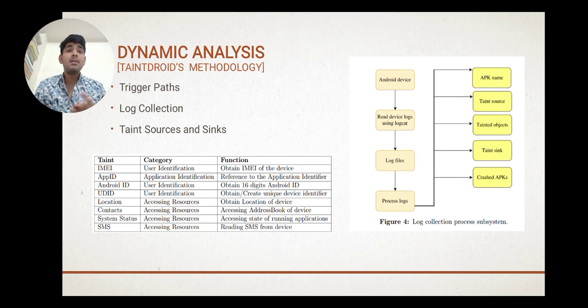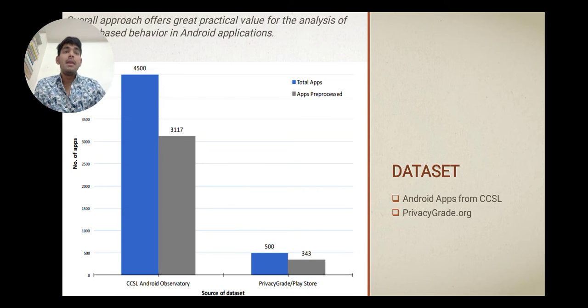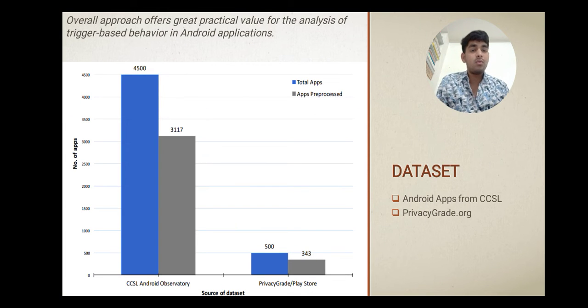And there are many kinds of taint, like IMEI, app ID, Android ID, UDID, location, contacts, system status, and SMS, and all these categories and functions, and taint source and sinks, source to sink, how the method is invoked.